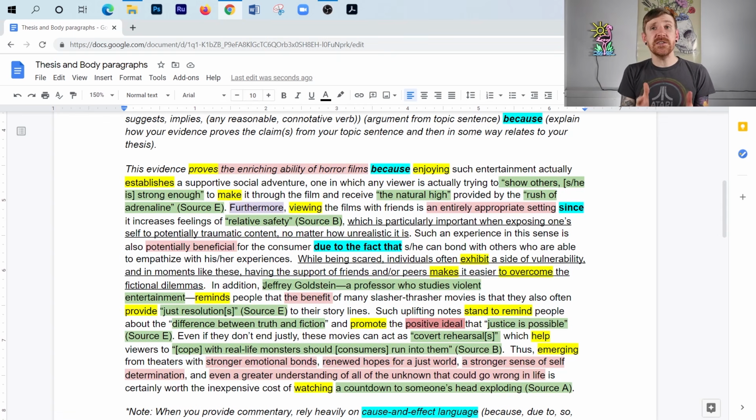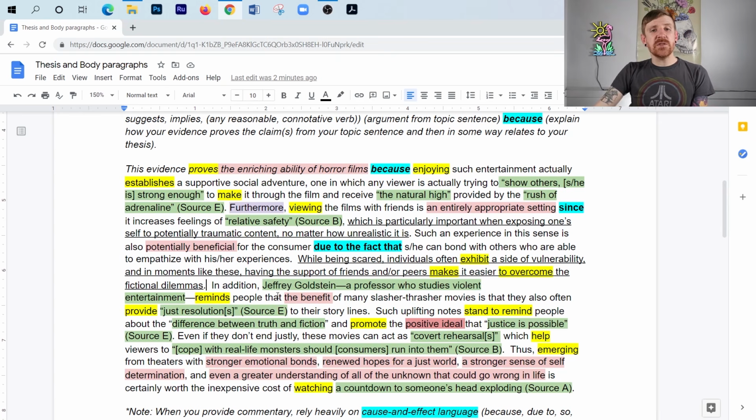First of all, when I mentioned Jeffrey Goldstein, I didn't just say his name and then go into he reminds people. I put his credentials there. Okay, super important. I'm going to go over that in my next video as to why. Okay, but also notice that I put the word reminds. I didn't say says, states, or claims. In fact, those three verbs kind of suck, right? Use strong verbs. We want to say things like theorize, suggest, remind, recount, argues. Those are way better verbs. We want to pick those out, okay?